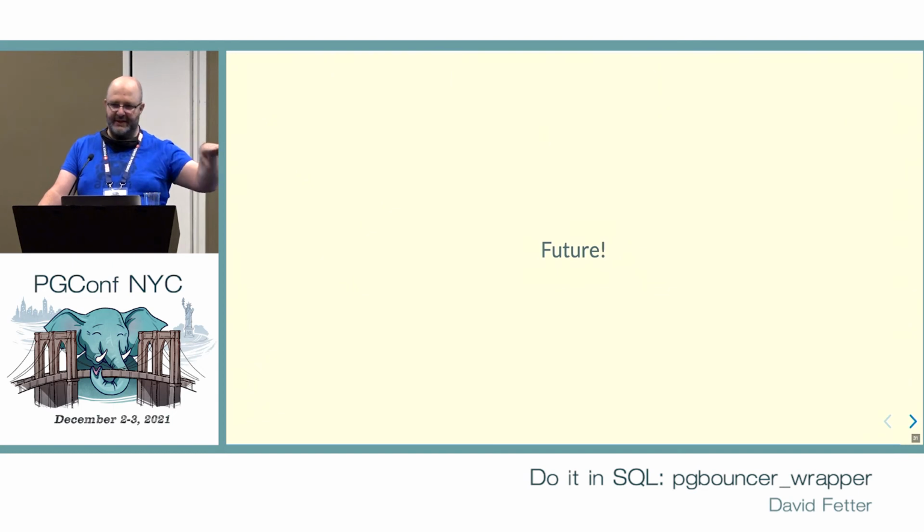So there's a separate instance of Postgres. Inside the instance of Postgres, there is pgbouncer and pgbouncer on install. Make sure dblink is there, and so you